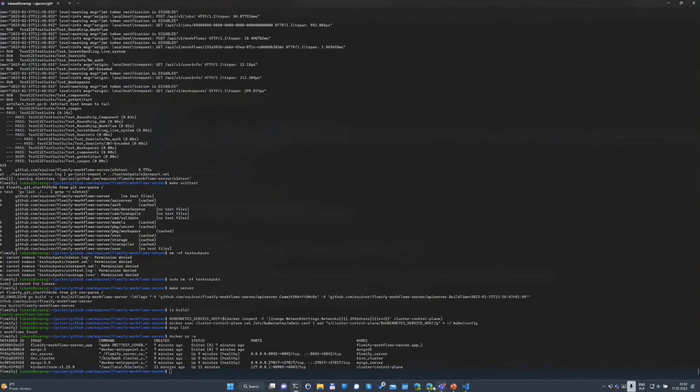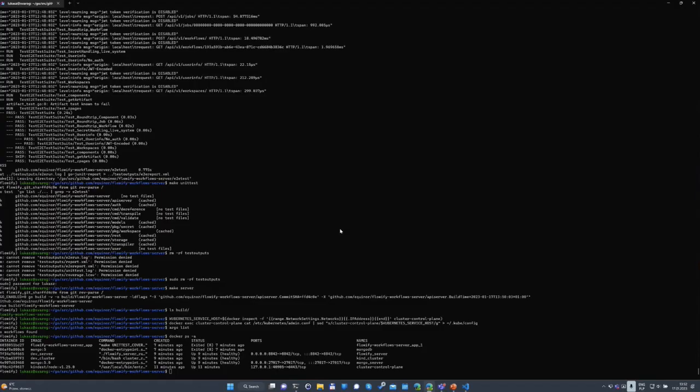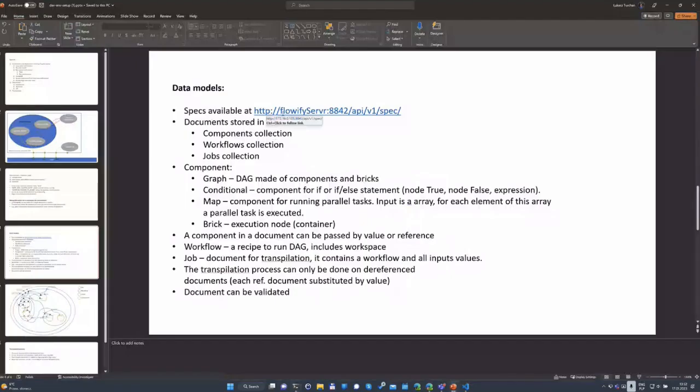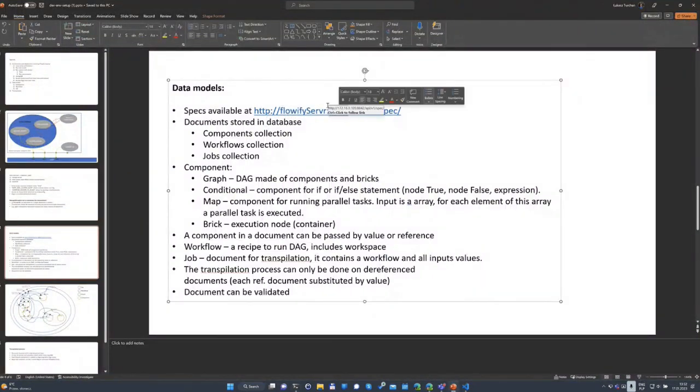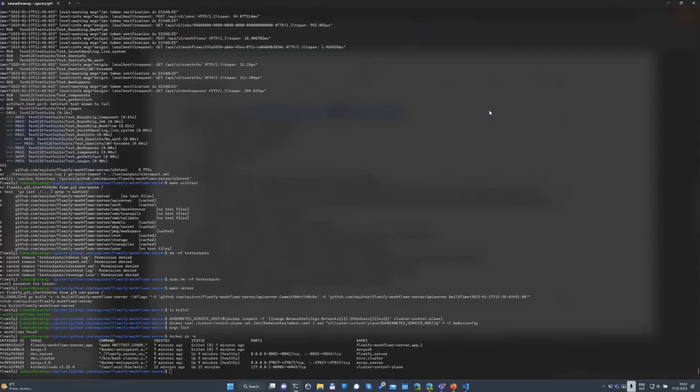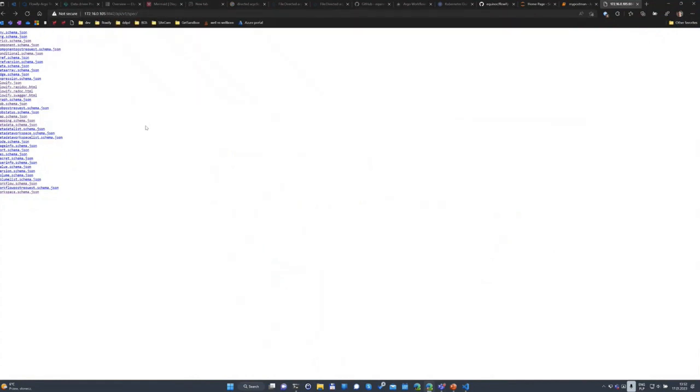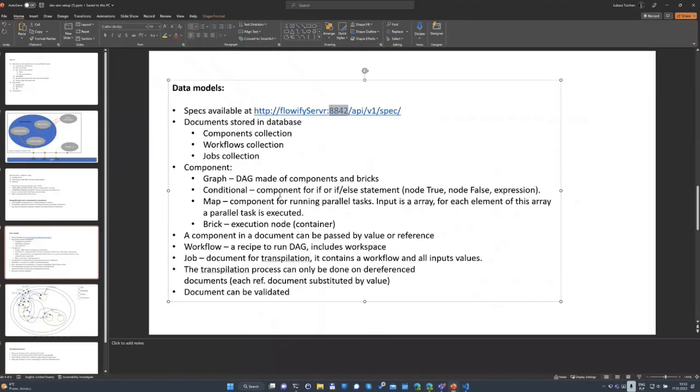Then you can go to some magic address, which is your Flowify server IP, then API port, and API v1 spec to this site. So if we go here, this is the IP of my machine, then the port, and then API v1 spec. So if we go here, then you will get the spec of all data models. Yeah, and going back to